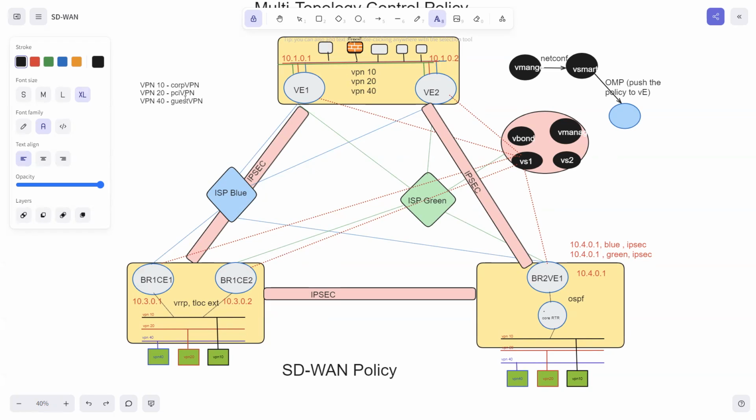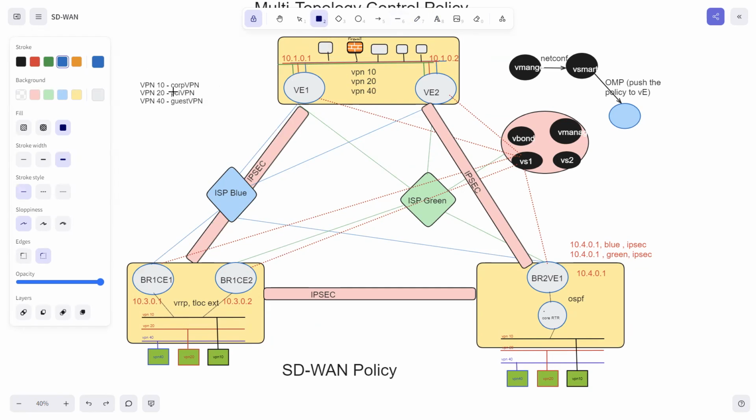Multi-topology means here that for VPN 10, your topology, so we have fixed underlay, like fixed hardware, IP, their interfaces, connections, and all those things. Like we have fixed underlay. On top of that underlay, we want different type of overlay strategy. So for example, if I go and choose color blue for corporate VPN,